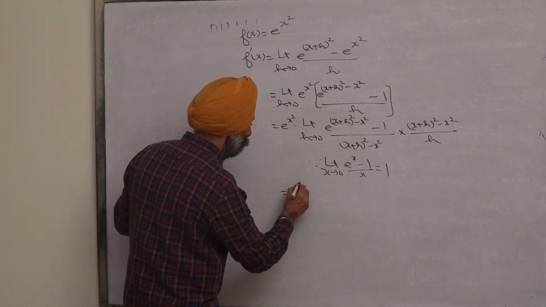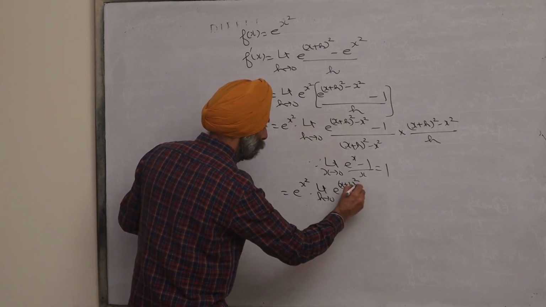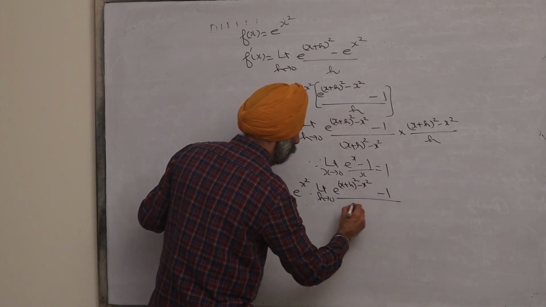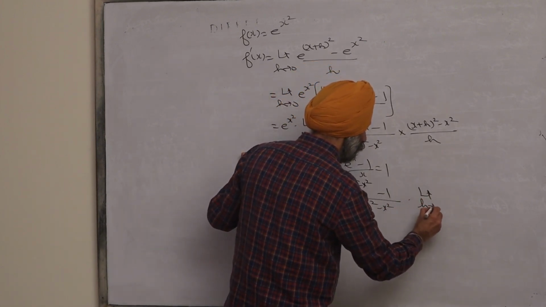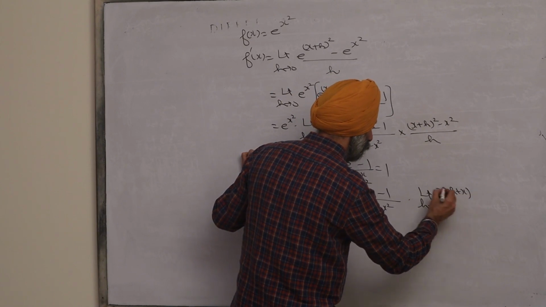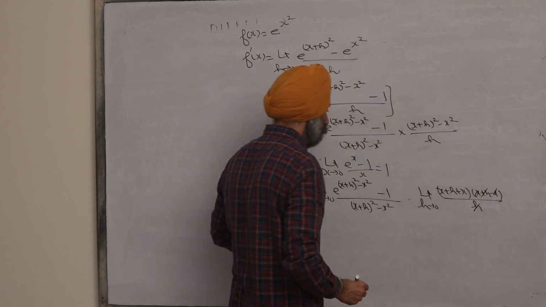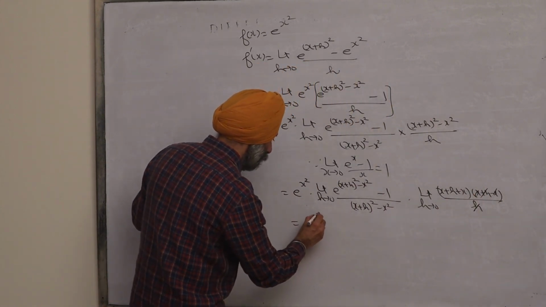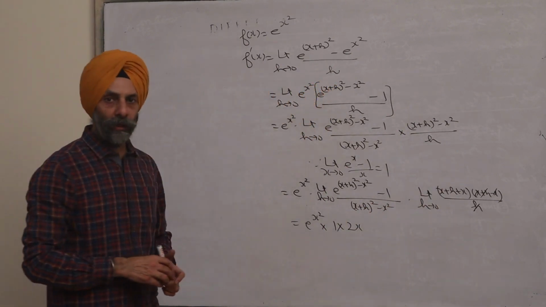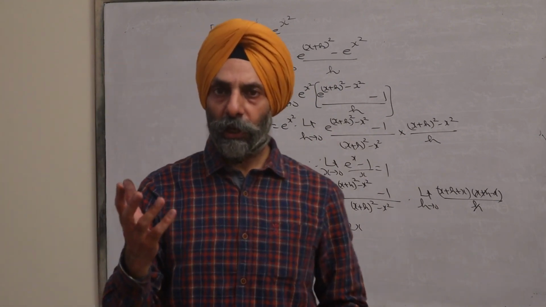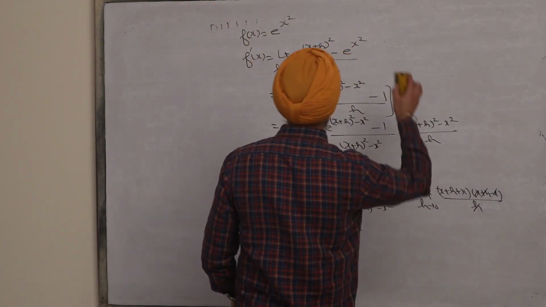So this is equal to e^(x square) into limit h approaches 0, (e^((x plus h) whole square minus x square) minus 1) upon ((x plus h) whole square minus x square), into limit h approaches 0, (x plus h plus x) into (x plus h minus x) upon h, this will cancel. So it becomes e^(x square) into 1 into, as we apply the limit here, 2x. So this way we can differentiate any function using the first principle. Now next is